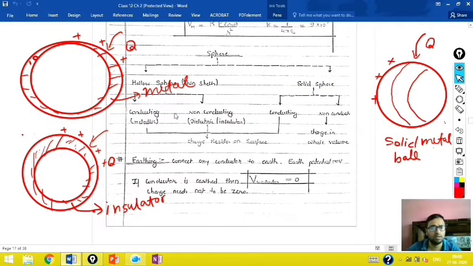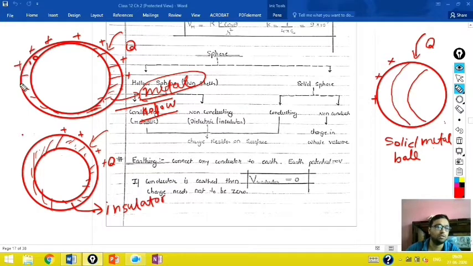So as you can see here in the diagrams, the first diagram I have made is a hollow sphere. And in this hollow sphere, this boundary, this shaded material, is basically some metal. It may be iron, it may be copper, or like that. Okay, this is called a hollow metallic sphere. So the property is that if you provide any charge to this metal, then all that charge will reside on its surface only.